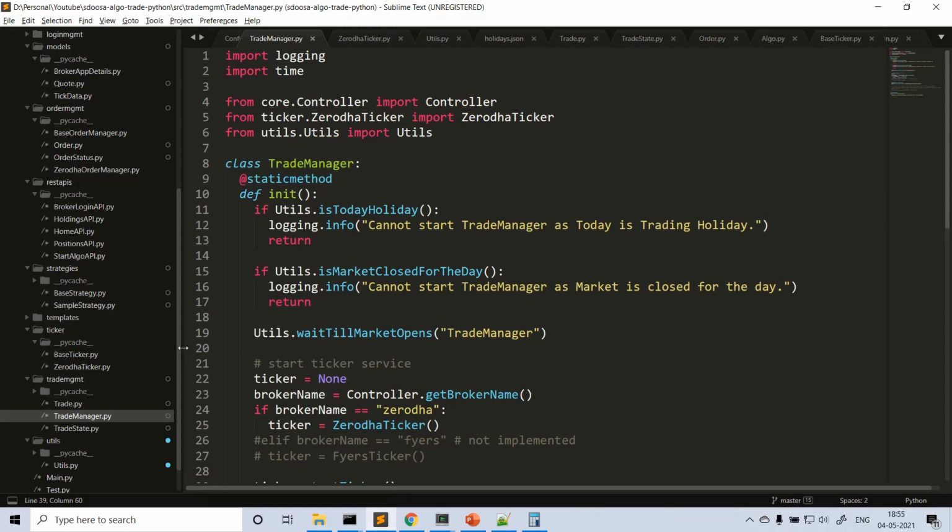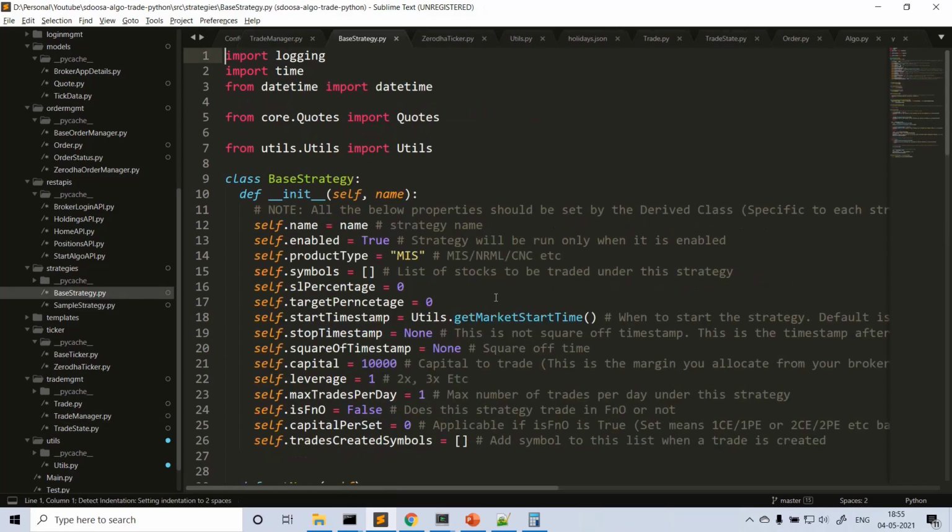Now coming to the strategy. Again, we need to connect the strategy and trade manager. That connection is not done yet, but again, I'm building the blocks. So we'll connect one by one. Any strategy has some common properties again. These are the things I define. You can have your own properties. So how does this framework I am going to implement